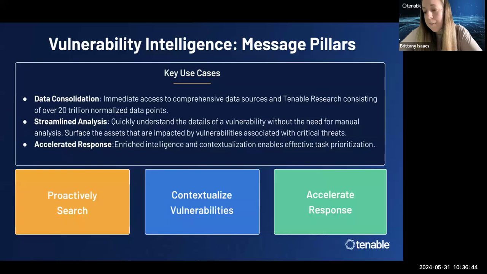So that kind of drives down to three key messages that we want to communicate through vulnerability intelligence. First is proactively search. You're able to really have multiple different ways of being able to proactively search for the vulnerabilities by that common name or CVE number, or build the complex queries. And that's really powerful because it allows you to filter in on the vulnerabilities and threats that are exploited and